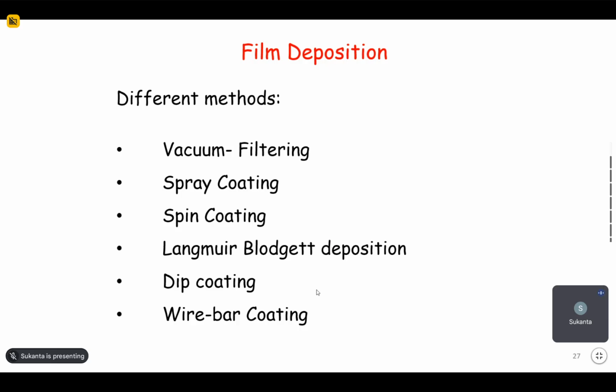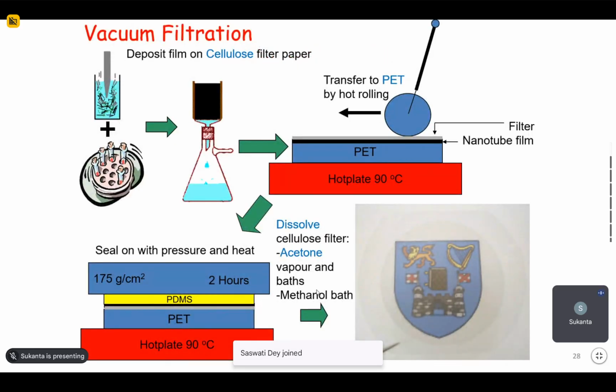So what we need is a thin film of nanostructured material. There are different deposition methods. I have shown you how to deposit using vacuum filtering. There are other methods: spray coating, spin coating, Langmuir-Blodgett deposition, dip coating, wire coating. There are several other methods also. Here for material characterization, we have mainly used vacuum filtration and also spray coating. For a vacuum filtration thin film, when we have a dispersion, like a carbon nanotube dispersion,